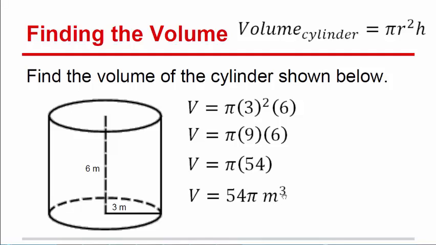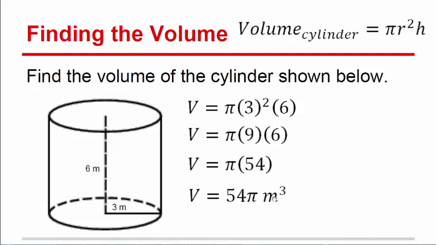Volume will always have cubic units, meaning something that is multiplied by itself 3 times. That's how you create an object: you have length, width, and height, the volume, something that can hold something. So a cylinder with a radius of 3 and a height of 6 will give you a volume of